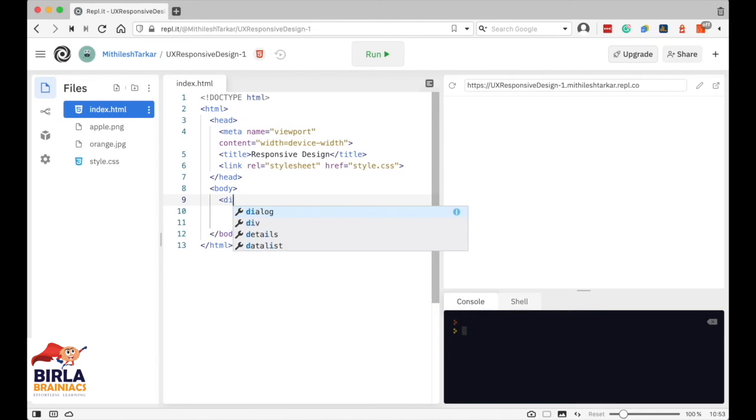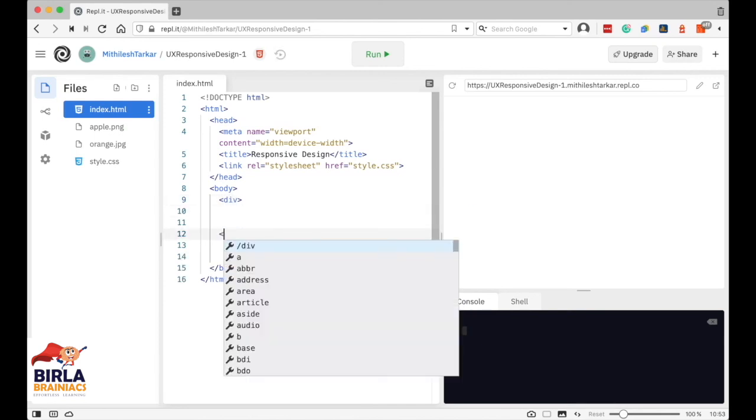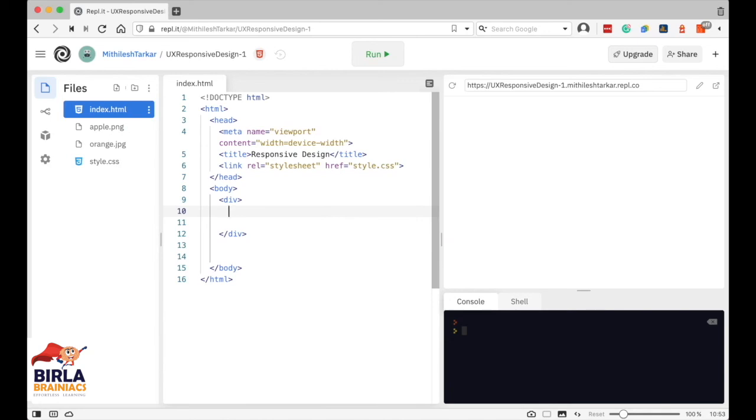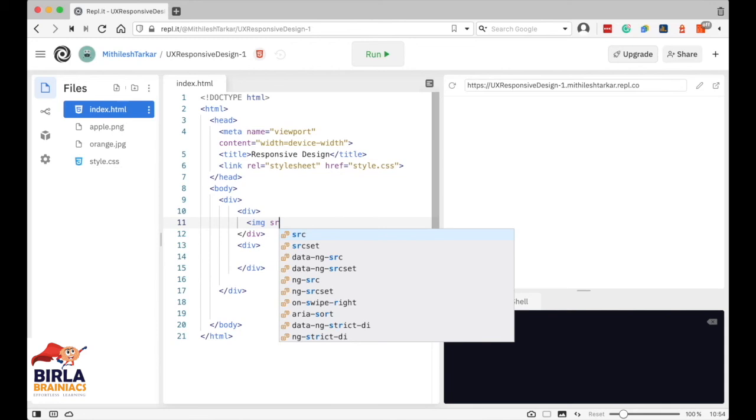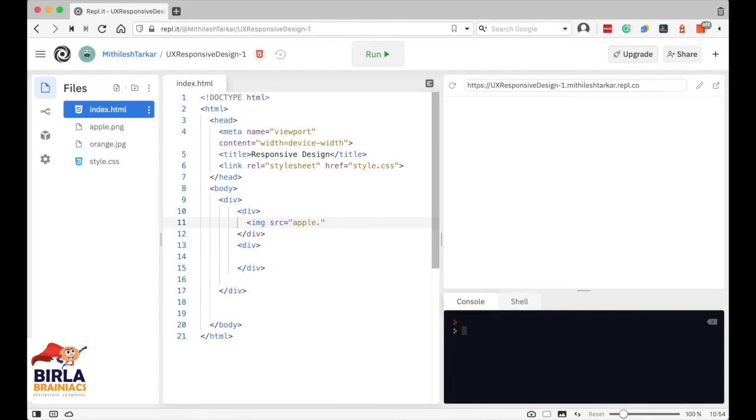Alright, so inside the body, first we will have a main div tag, then there will be two nested div tags. Alright, so inside these div tags now we will add the image tag. So image source is equal to apple.png.